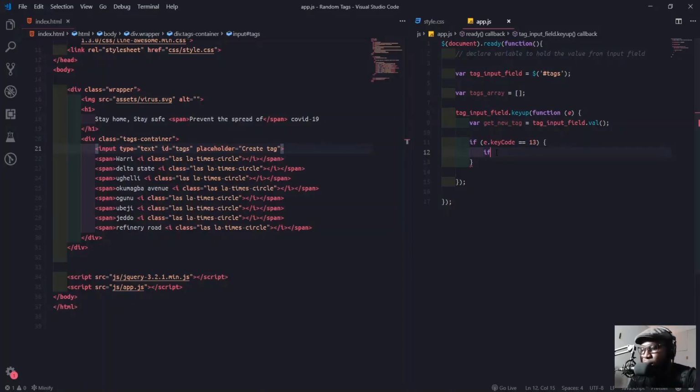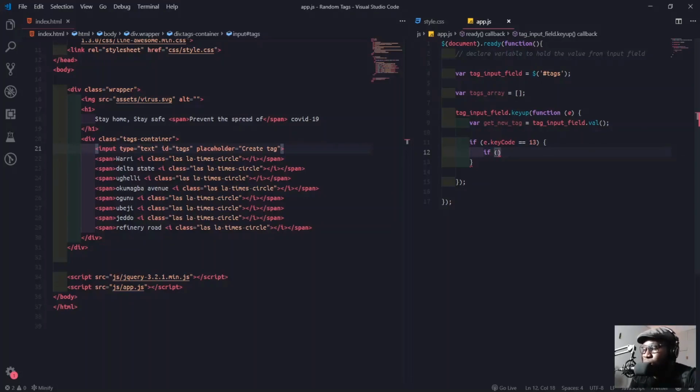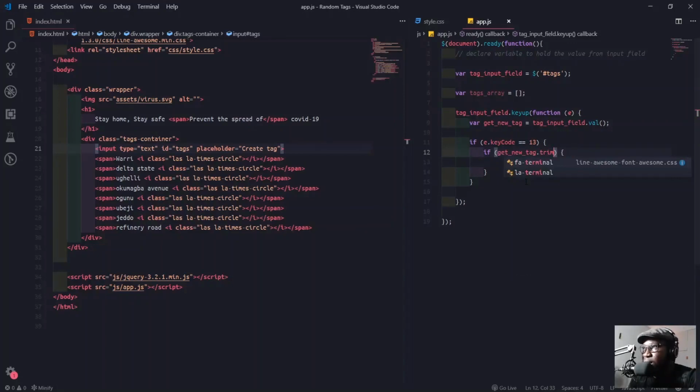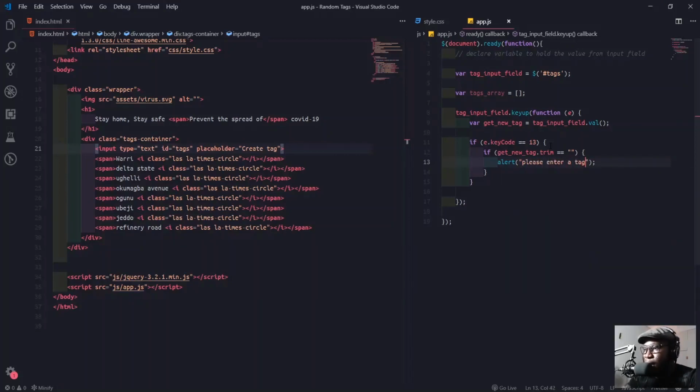So we say if this get new tag, after you trim, that means clear all the empty space, is equal to empty, then alert: please enter a tag.